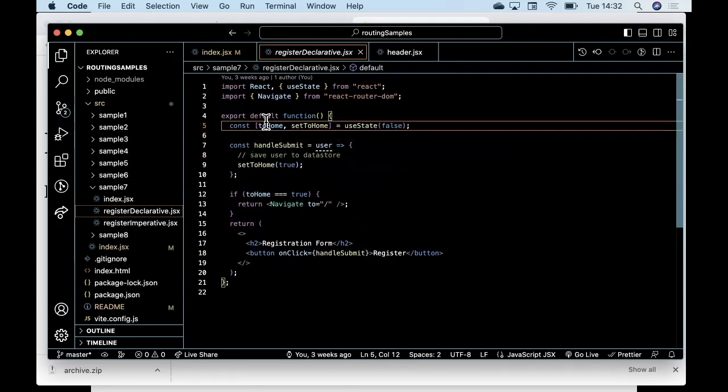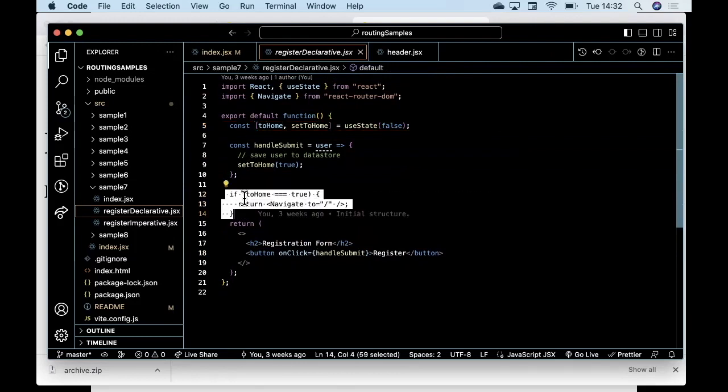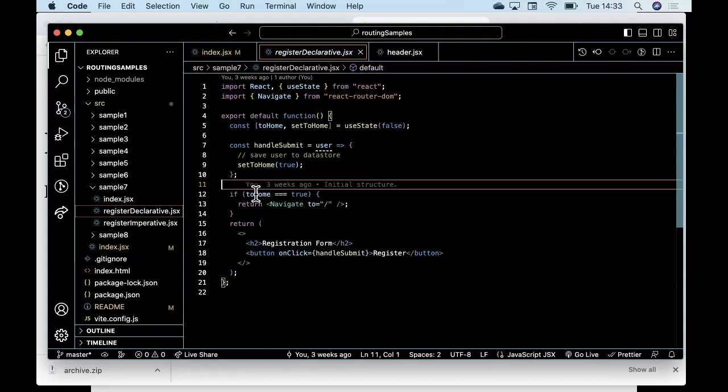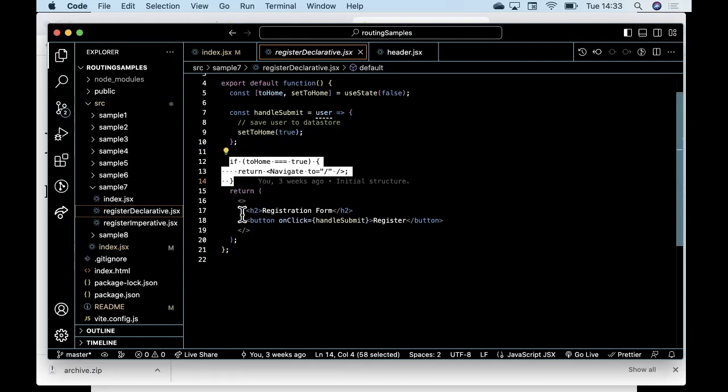Now, here's my state variable. I've just decided to use a Boolean state variable. The type of the state variable isn't actually that significant, but I've decided to use a Boolean and I've set it to false initially. And you can see here, I'm checking within the component what the current value of that state variable is. And I'm saying if it's equal to true, which it isn't initially, then return this. So obviously this is skipped over the first time we load the page, which is why we just see the